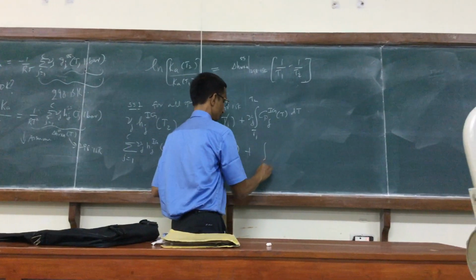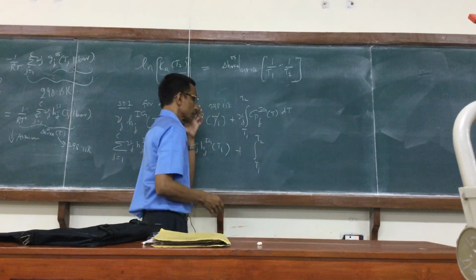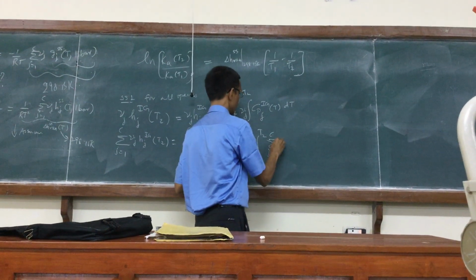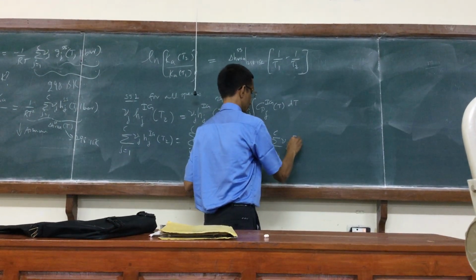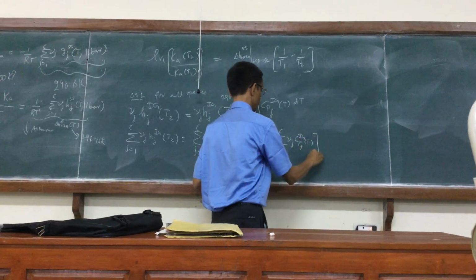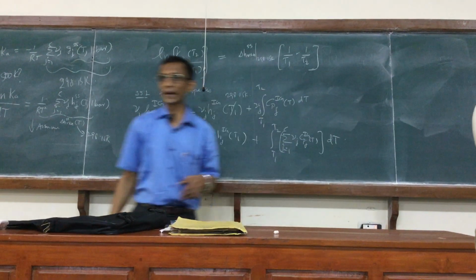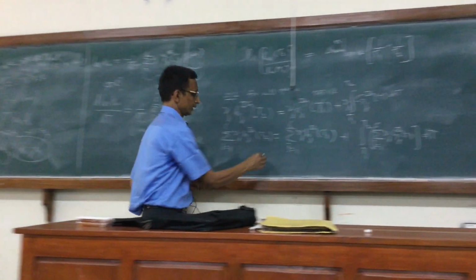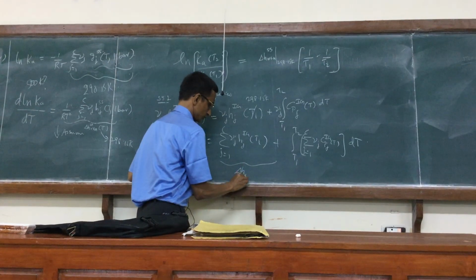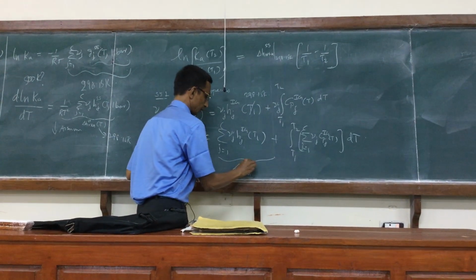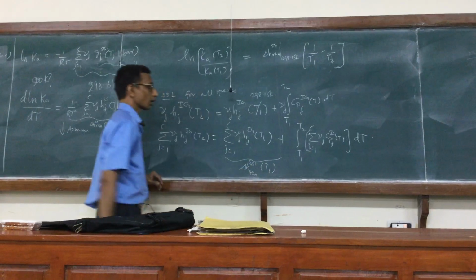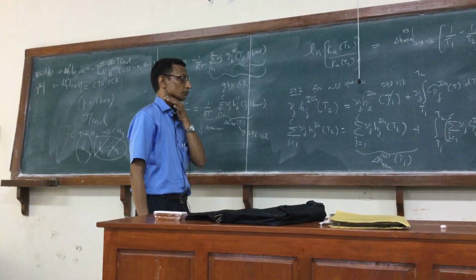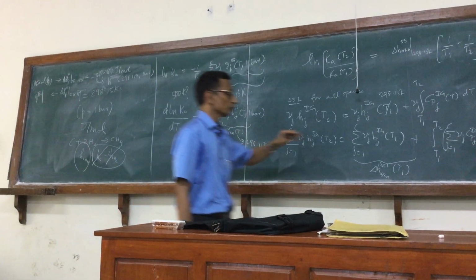Plus, so sum of the integral can also be written as integral of sum. So I can write this as, in principle it's very easy to write down. So all I need is the, so this is the delta H reaction standard state 1 at T1. And so if for any other